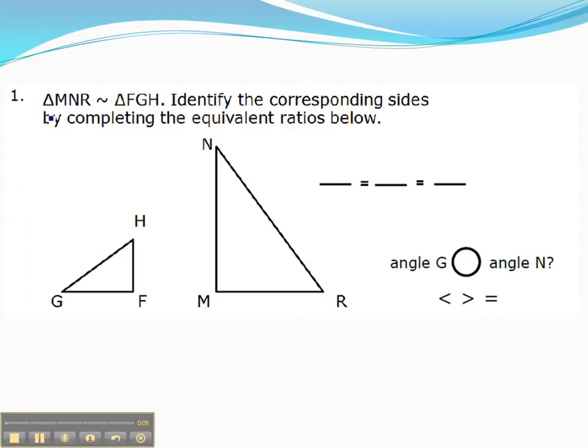This first problem says the similarity statement reads, triangle MNR is similar to triangle FGH. Identify the corresponding sides by completing the equivalent ratios below. You can see that this is our right angle in FGH and this is our right angle in MNR, and so these triangles are not shown lined up. If we turn FGH this way and redraw it,